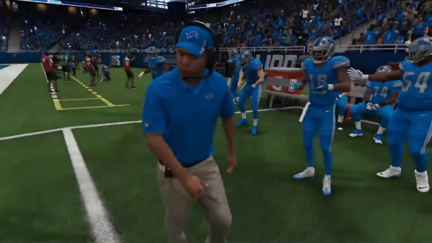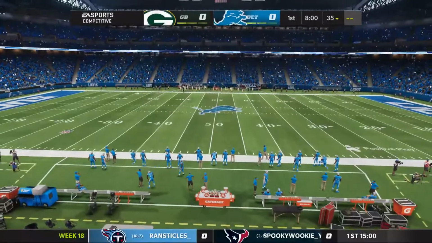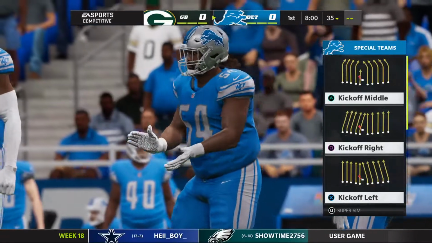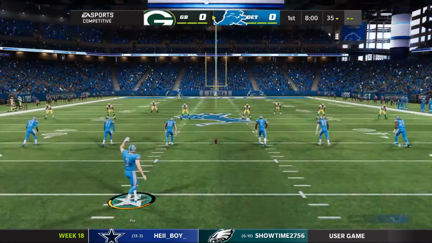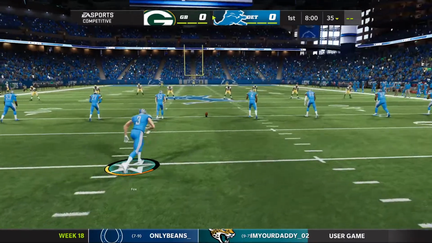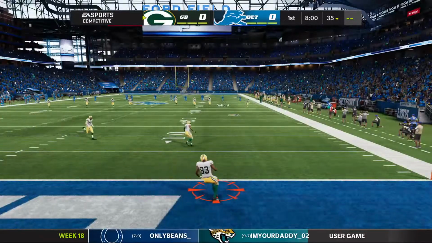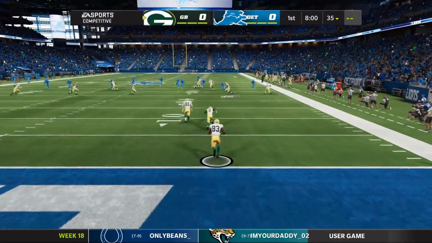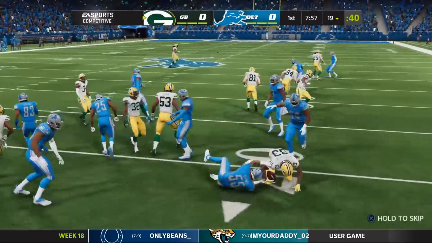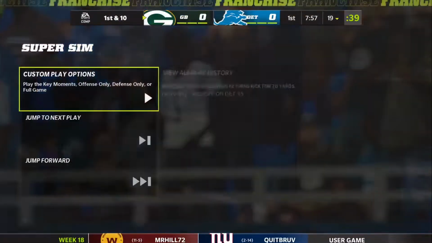Today, from Ford Field in Detroit, it's Week 18 of the NFL on EA Sports. Two teams more than ready to get this one started, and we are underway from Ford Field. From a couple yards deep, he'll bring it out of the end zone. And only able to get this to the 19, so probably should have opted for the...